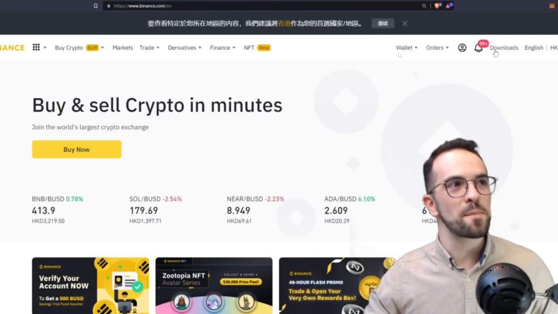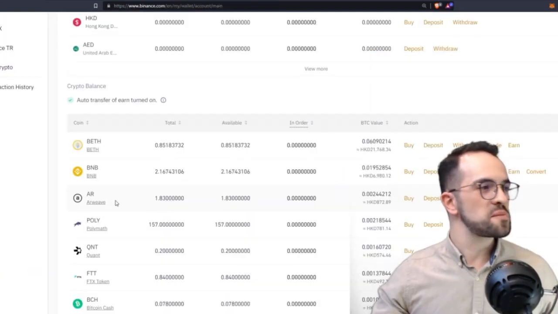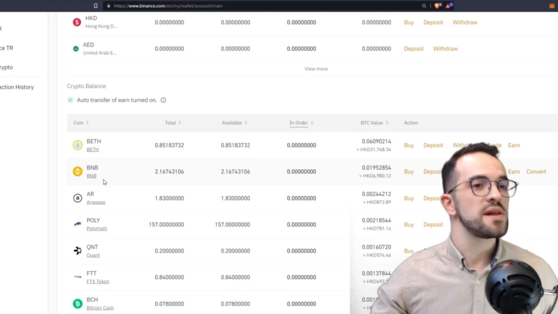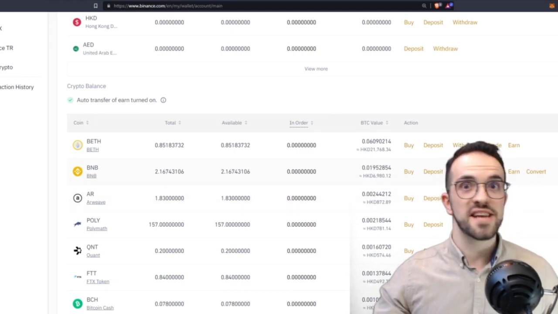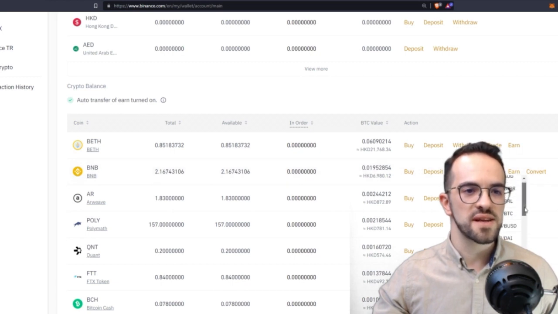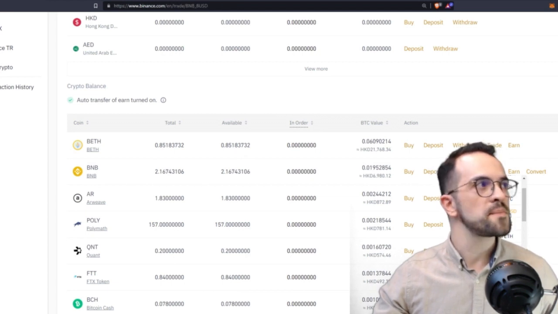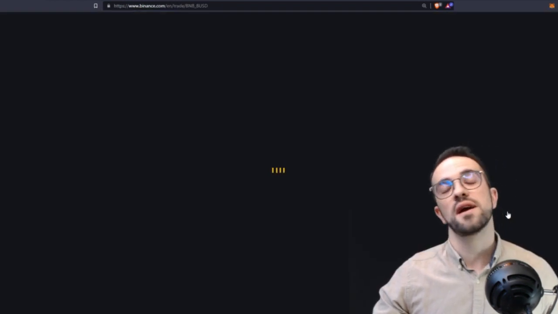So I'm going to head to my Binance account. I have at the moment some BNB, Binance coin, available, and I want to go ahead and exchange these to BUSD, which is the Binance USD stablecoin. So I'm going ahead and clicking trade. Let's see if I have the option here. I have BNB BUSD, so I just click here, and this is automatically going to take me